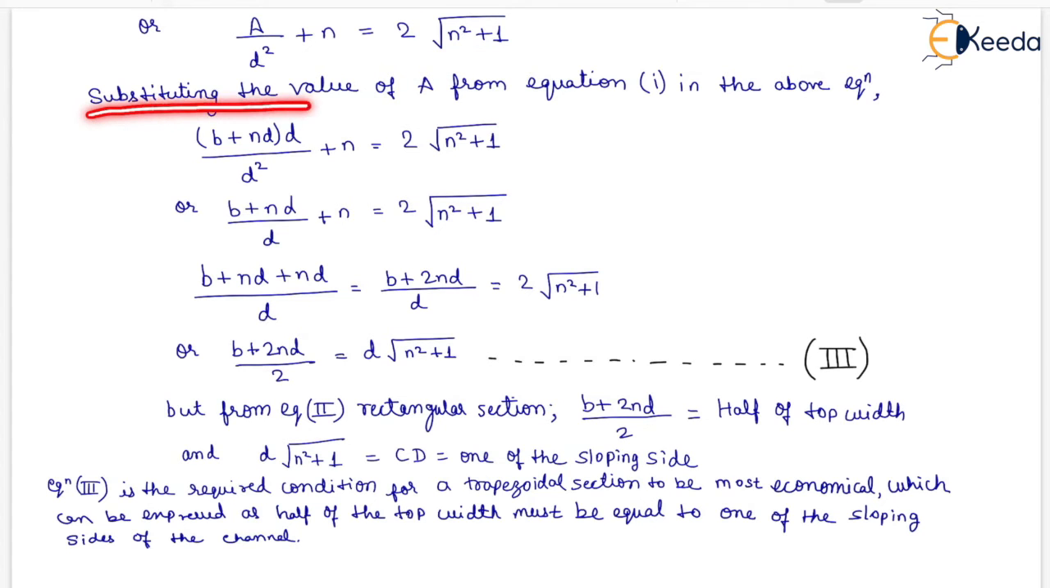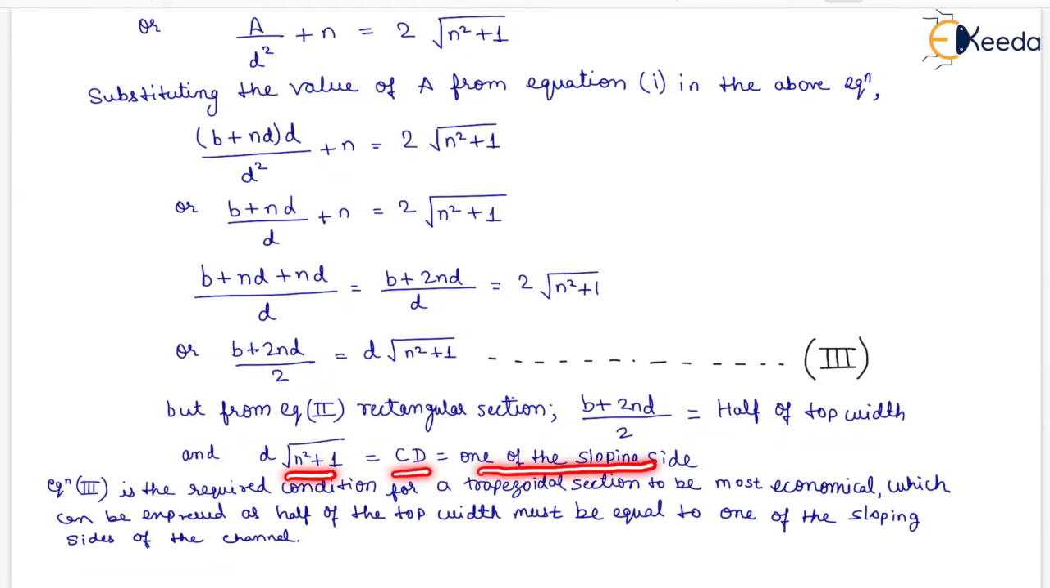Now, substituting the value of A from equation 1 in the above equation, we will have B plus ND into D upon D square plus N equals 2 under root of N square plus 1. After solving these, we will have B plus 2 ND by 2 equal to D under root of N square plus 1. That is the third equation. But from equation 2, B plus 2 ND by 2 will be equal to half of top width. Therefore, D under root of N square plus 1 will be equal to CD, which is equal to